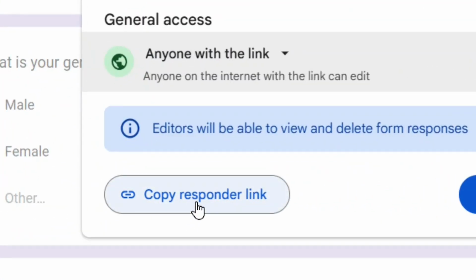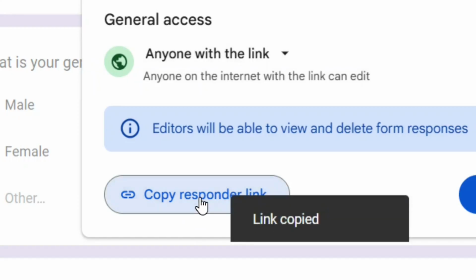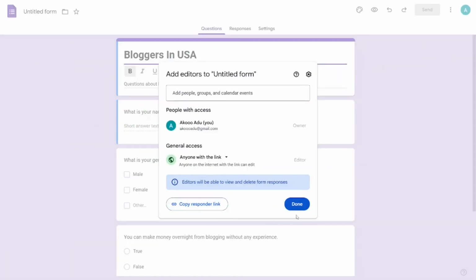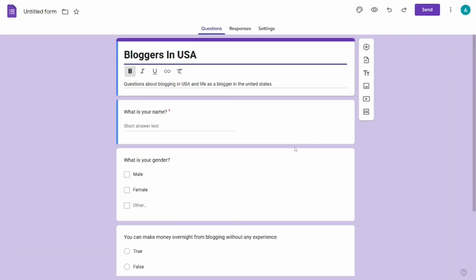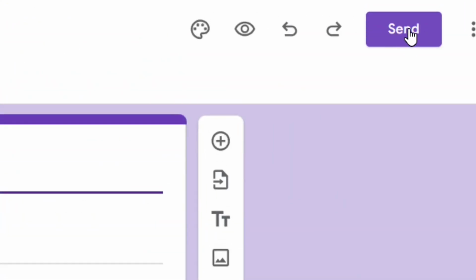So all that you have to do is simply click on copy the responder link and then send it directly to the person. By simply clicking on done, you then send it directly to the person, and that is it. You can send it directly through an email by clicking on the send, and